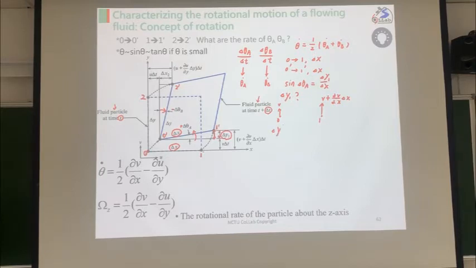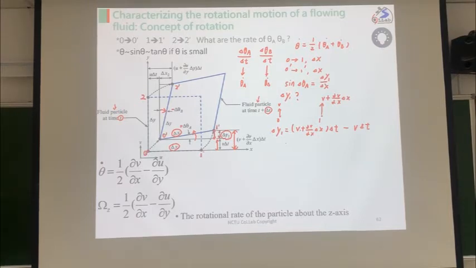So delta y1 is equal to the velocity at point 1, v plus dv/dx delta x, multiplied by delta t. This is the velocity, and we have the delta t time difference, so this is the travel length. This is the flow velocity, and we travel for delta t time. So this is the travel length at this location. If this length minus this length, the v travel with the delta t time, so we have the v delta t length,